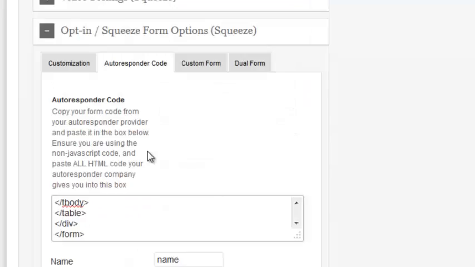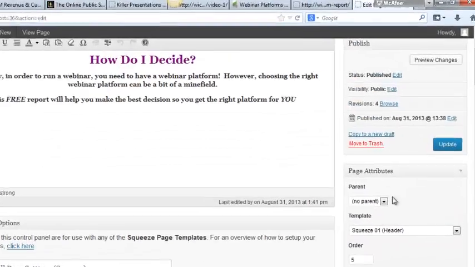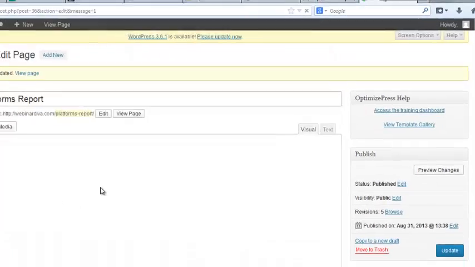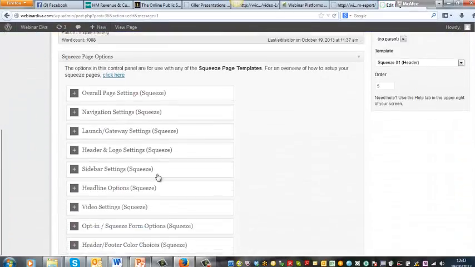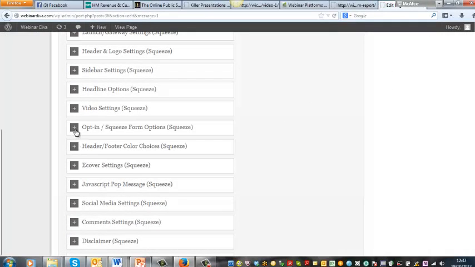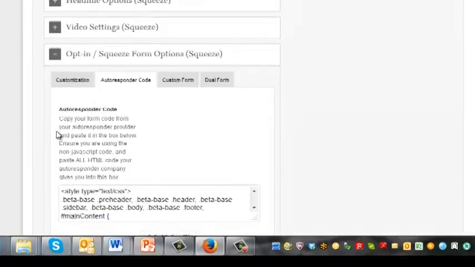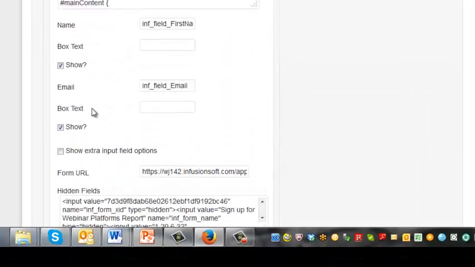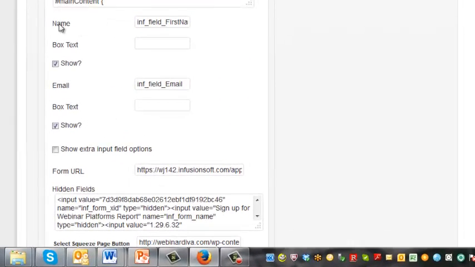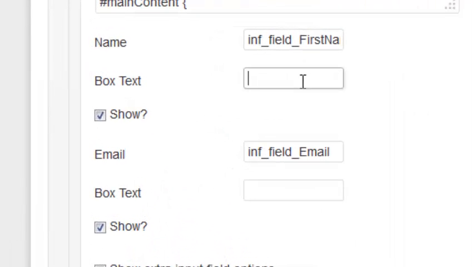The easiest way I find of doing this is once you've put the code in, first of all click on update, and that automatically populates a lot of these settings, but you just need to make a couple of minor changes. So go back into the opt-in and autoresponder code settings, and you'll see that it's automatically broken down the name, insert Infusionsoft field first name. So you put in here, you need to give them instructions just to put their first name in and not their whole name. So put in enter your first name,